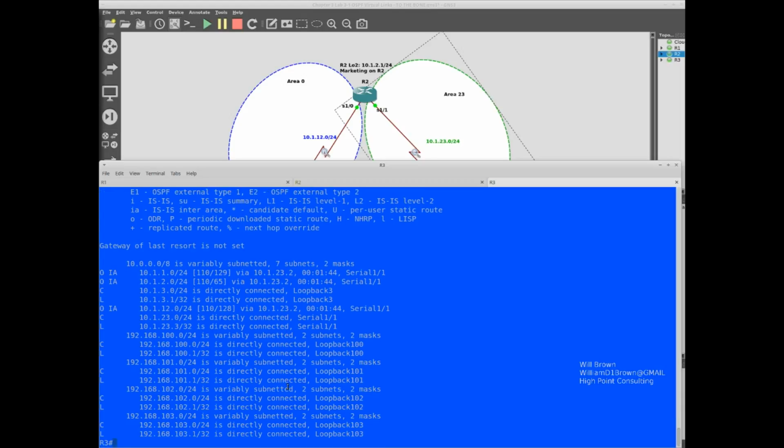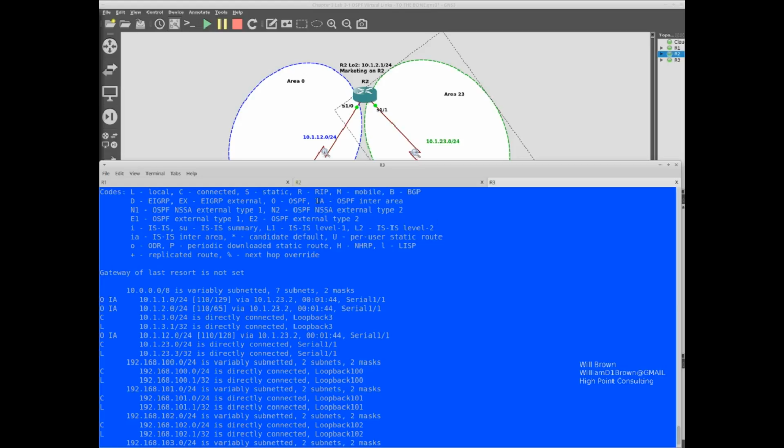So router 3 is only in area 23, but because it has a neighbor relationship with router 2, it's learned about these routes that have the IA legend before it, for inter. IA stands for OSPF inter area.